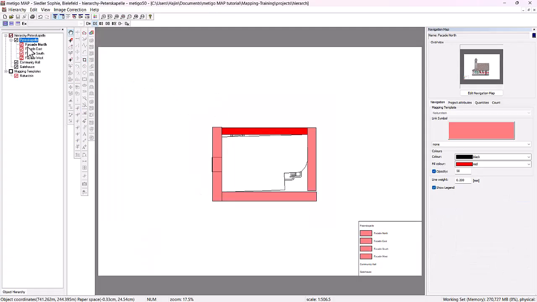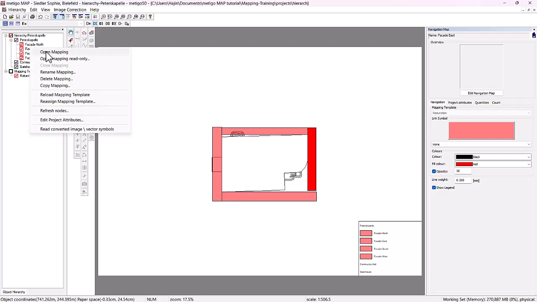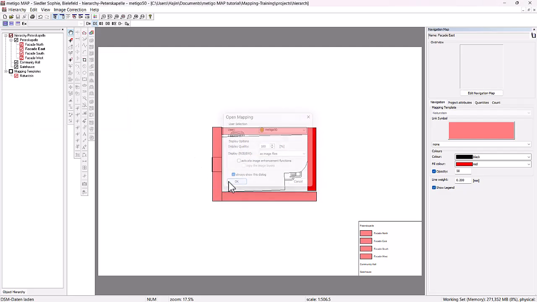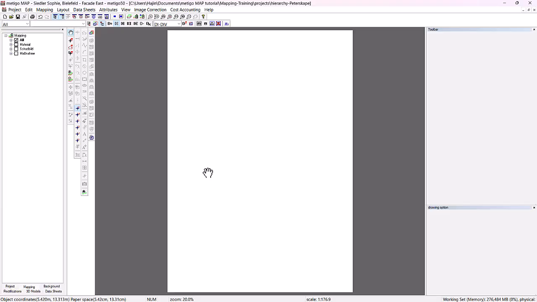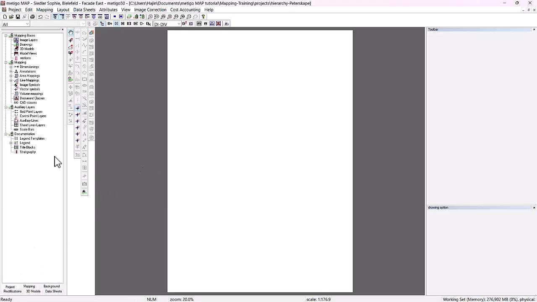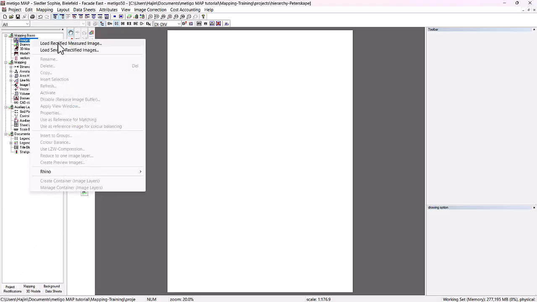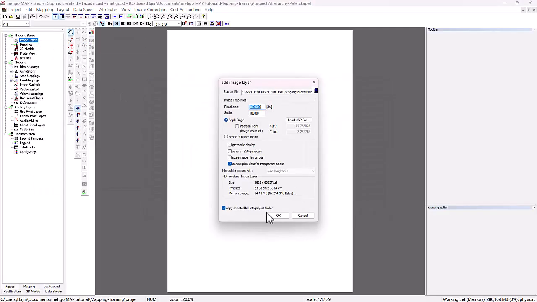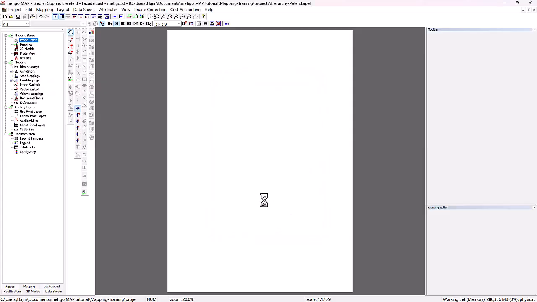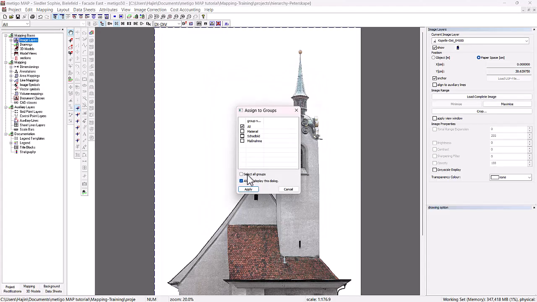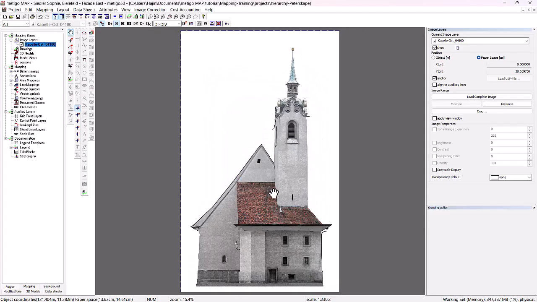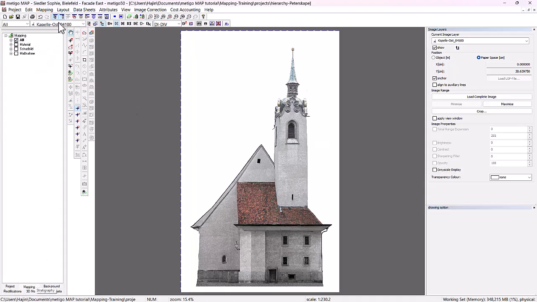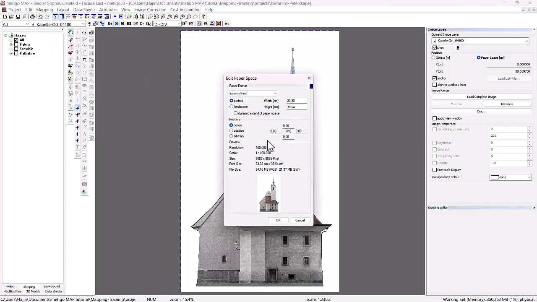And open the Facade East project. I do this here with the right mouse button, open mapping, go to the project tree, image layer, right click, load rectified measured image, East Facade, and load image. Okay. We assign it to all groups. Go to Layout, Paper Area, Format A2 Landscape,